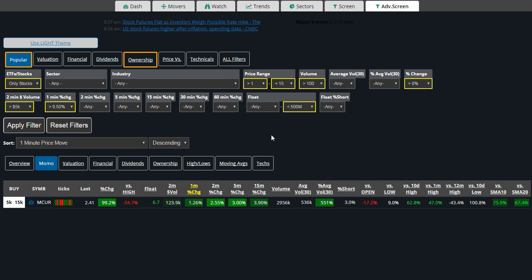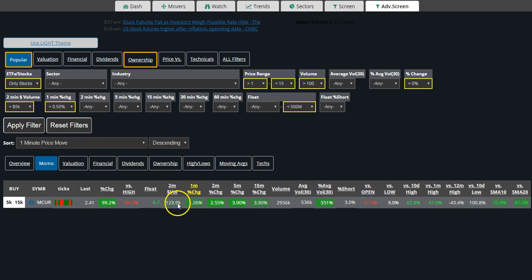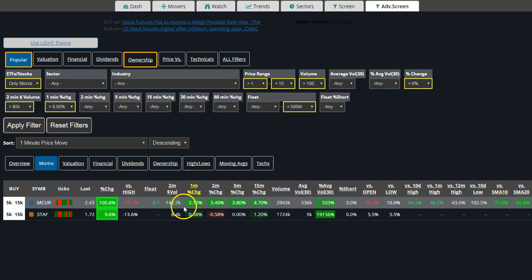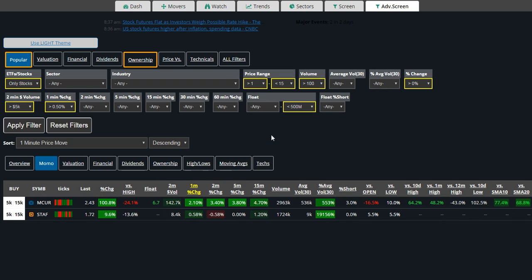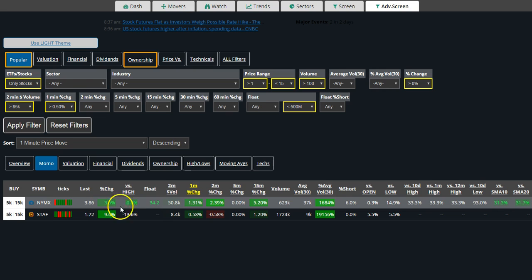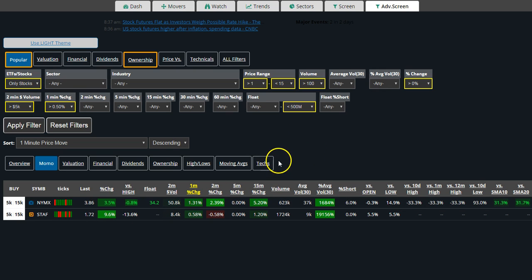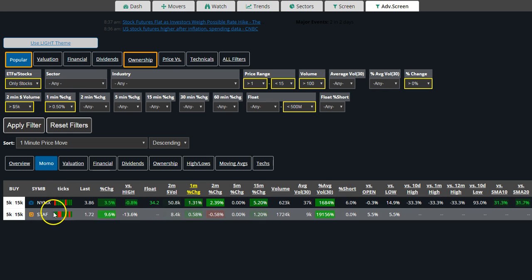I updated some of the filters so that before I was filtering out some that didn't have enough dollar volume. So now I actually show the dollar volume over the last 2 minutes through the system. And just a little asterisk to that is that this is NASDAQ last volume, which is about 10% to 30% of the full volume of the exchanges, but it gives you a relative term to just look at and watch for what's moving right now and what has enough dollar volume to actually have some momentum behind it. So given that I got the momentum tab highlighted here, this is the one that I personally use,